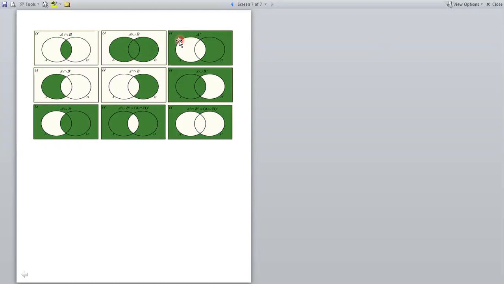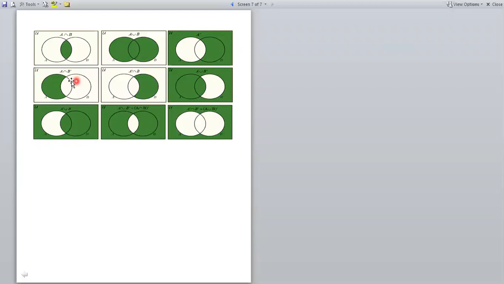So, if you consider this is set A, then A complement is what is not present in A. That means outside of A, and the universal set contains all the elements of A and A complement both. So you can see this. If we consider this is the universal set, and A belongs to the universal set, then the complement of A means the outside of A, which is not present in A. That is all the green shaded region, which defines that this is A complement.